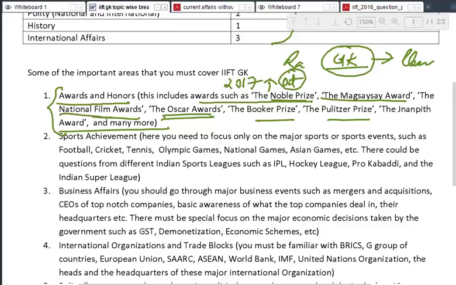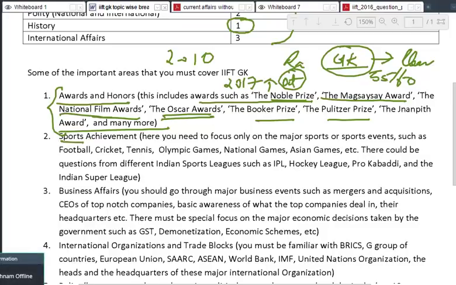We had the Dada Saheb Phalke Award once, I think in 2015, when the question came: which of the following received the Dada Saheb Phalke Award for this year? They would not ask you 2010, 2011. That is not GK then. That is troubling the student, because there are almost 55 or maybe 60 recipients of the Dada Saheb Phalke Award. History is not covered. In fact, the least number of questions come from history. Look at this, only one question. So history should not bother you at all.